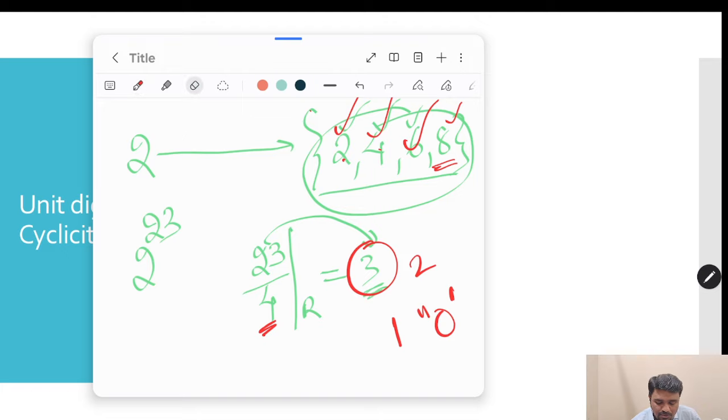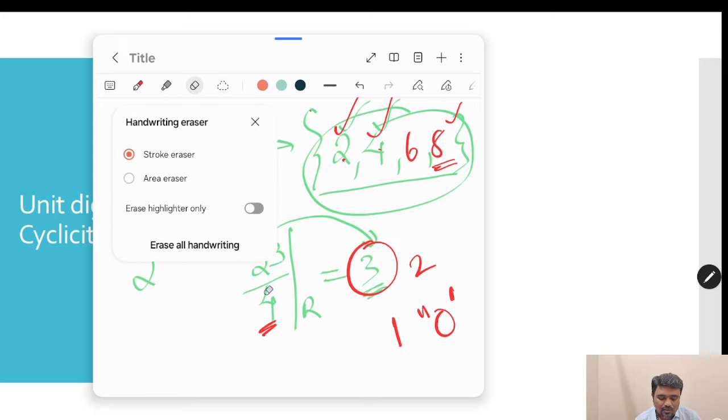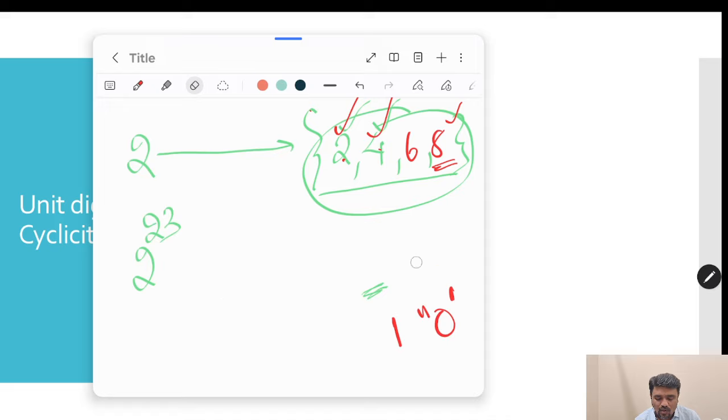Sorry, I made a small mistake here. Yes, it's right. Correct, correct. 2, 4, 6, 8, correct. So now I hope you got it. So it is the cyclicity of 2. I'll do one more question. For example,